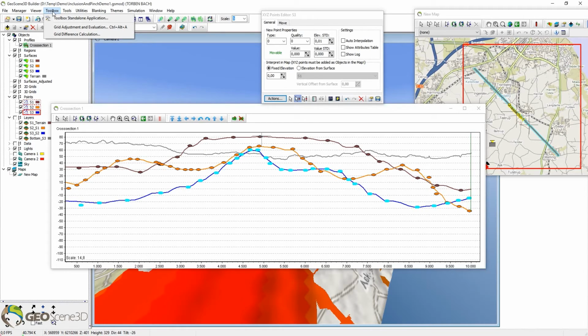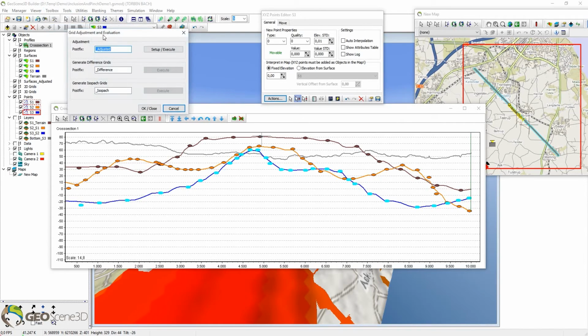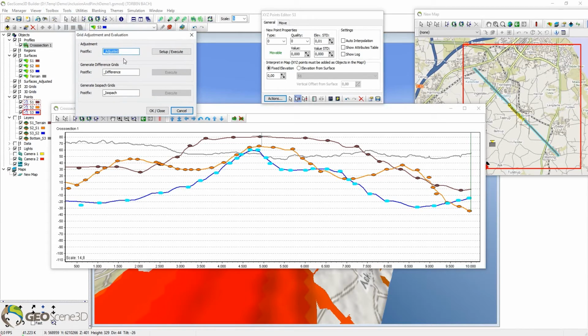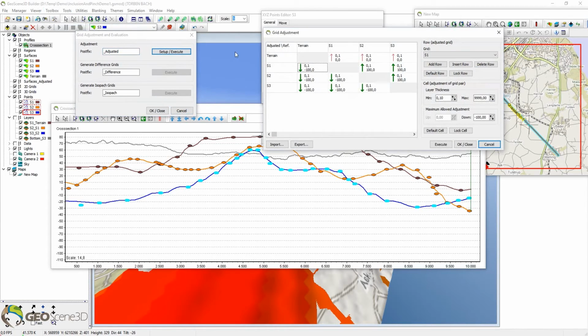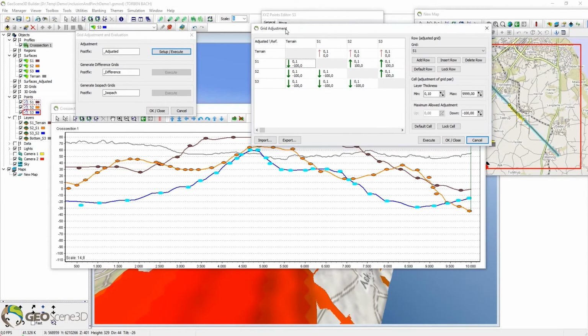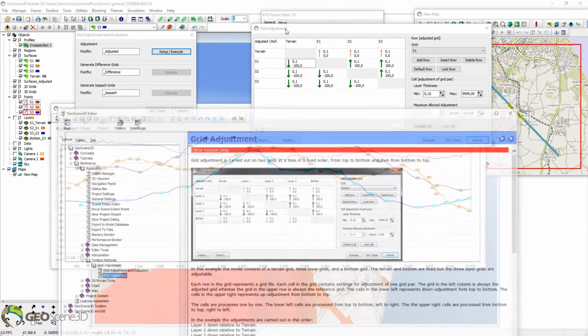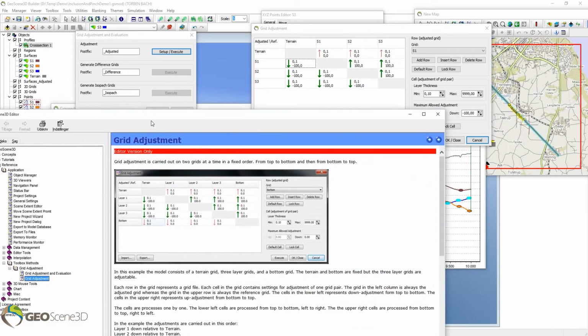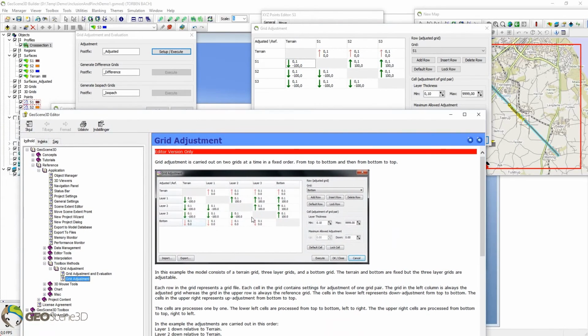So if you go to the toolbox, grid adjustment and evaluation, okay, and this is the one you're looking for, adjustment, setup, execute. So just a quick note here, if you press the F1 button, then you get up the help, and here you can see what the settings are, and you see an example just like the one I have here.